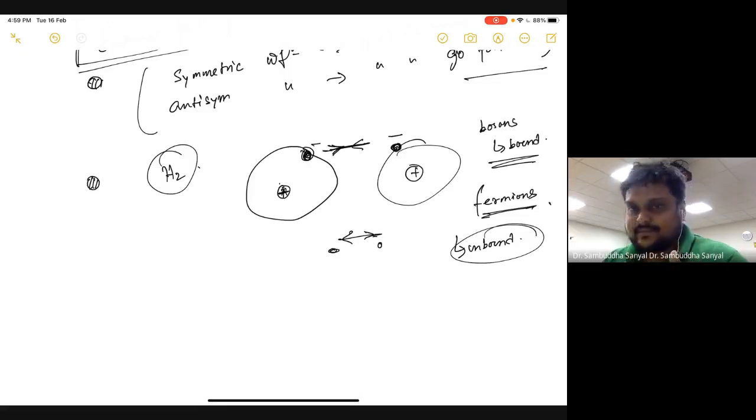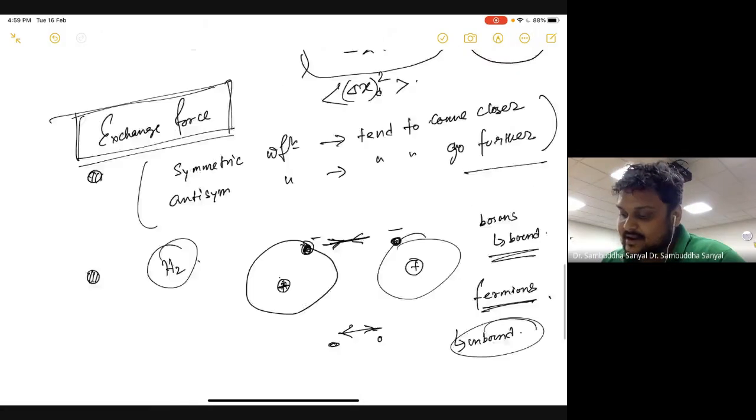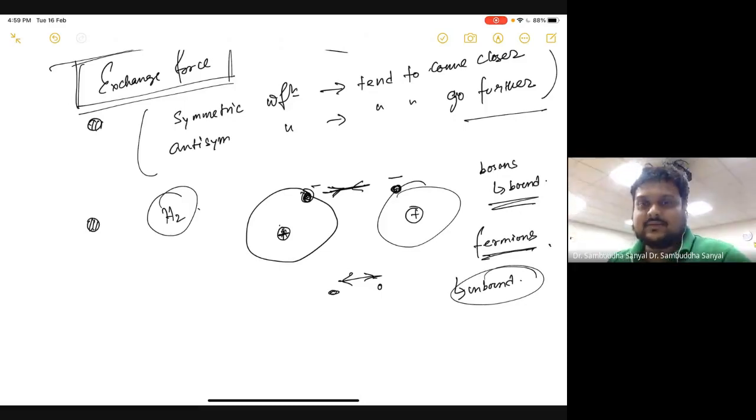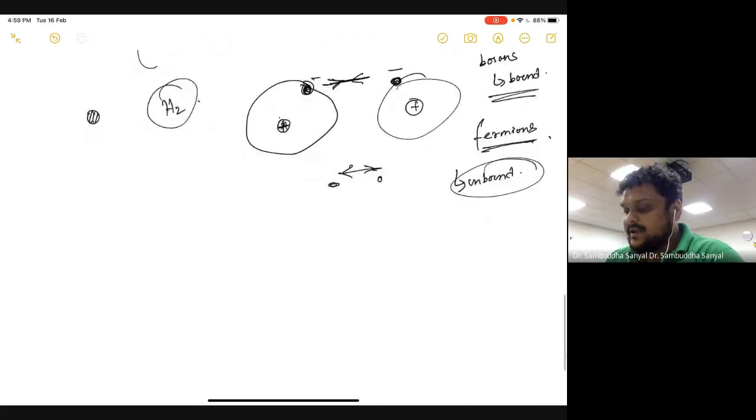Now you can argue, how do I know it is small enough? That's a very good question. For that, you can do a calculation. You can say what is actually the size of a hydrogen molecule, take the distance, calculate the Coulomb force, and calculate the exchange force, and you can indeed show that the scale is so low, it's the exchange force which decides the fate of the molecule. That is why I choose to ignore it for the time being. But you are right that in principle it should be included, and we will discuss later that if I have 2 forces and one is much smaller than the other, how to treat that.